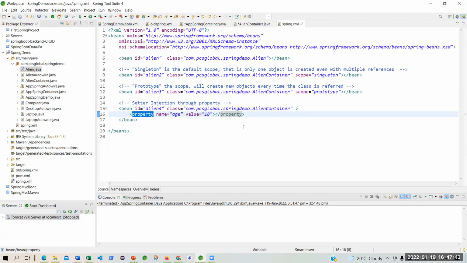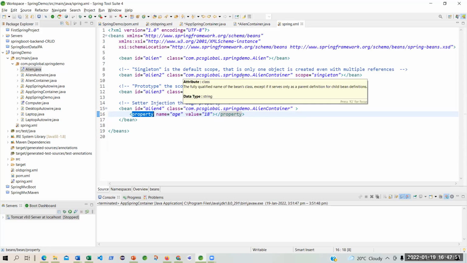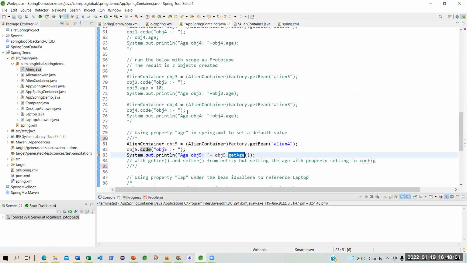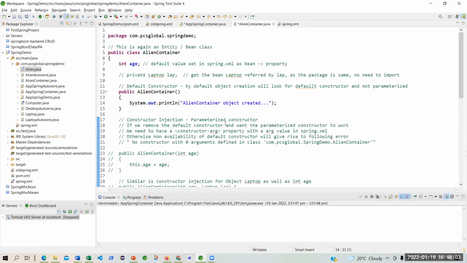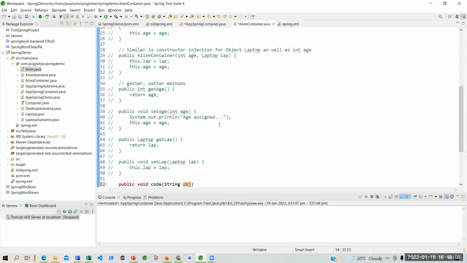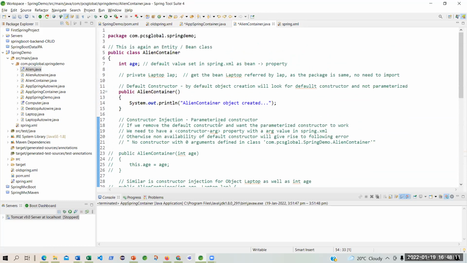Even if you try to do that over here in the code itself, then you need to do it with a getter and setter. But in the code, the advantage was I didn't need to use getter and setter. The getter and setter for this were all made. Why was it made? Just to show you that this align container object created is getting used by the Spring Framework.